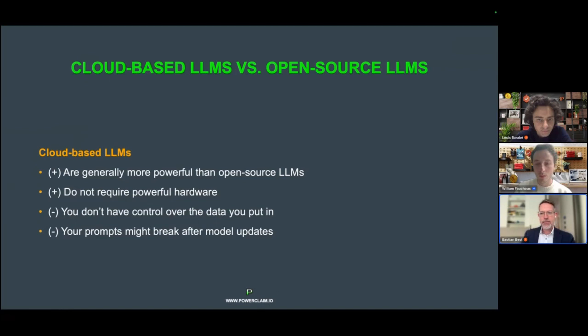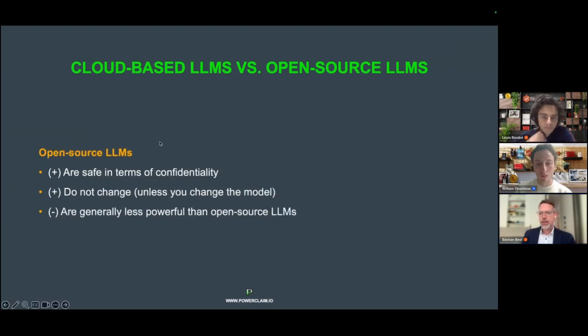On the other hand, open source LLMs have the big advantage, of course, that they are safe in terms of confidentiality. So you can install them on your own computer, and everything you put in there stays on your computer. You can even run those models without any internet connection. It's really local on your own device, so there's no confidentiality